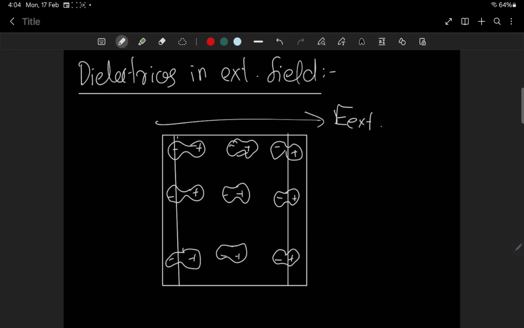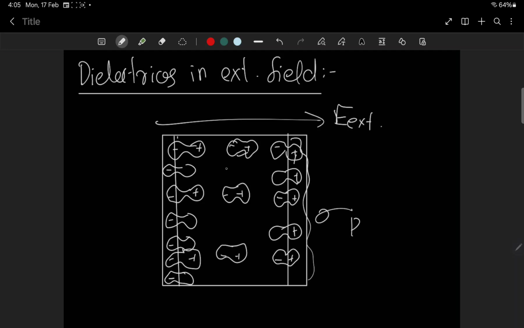Now after this dipole orientation happened, look, on this side all the positive charges came together very closely. So we will take this part as having a sigma charge density. Positive charges came together. Okay, let us take this side to have a positive sigma P charge density. All negative charges came together here, so here there is a negative charge density.